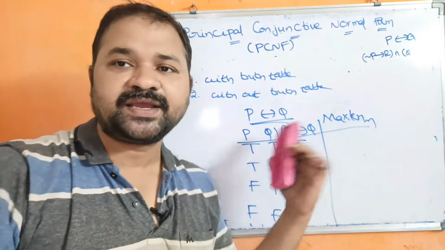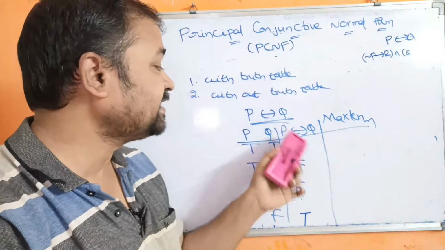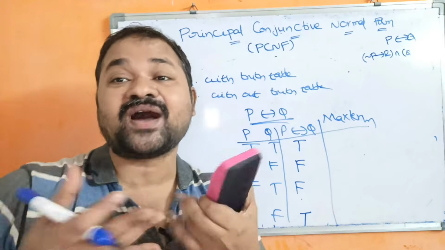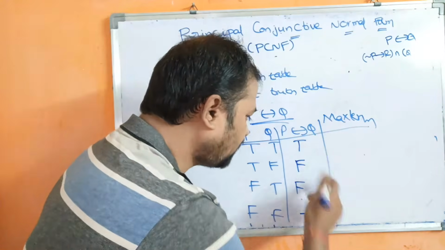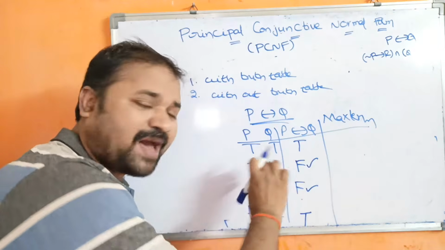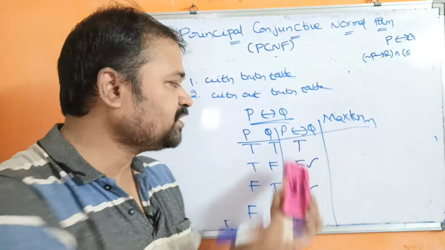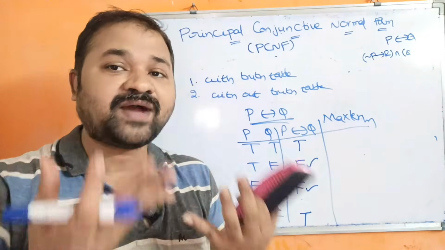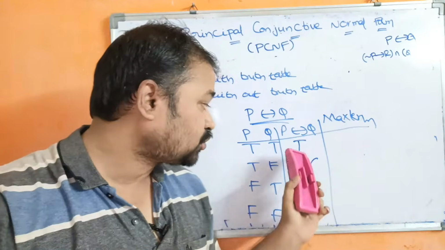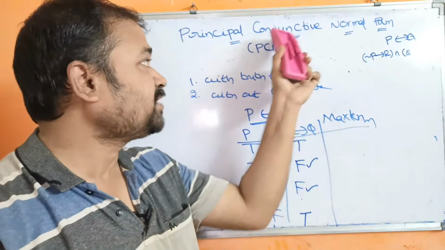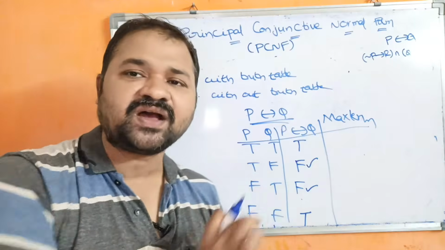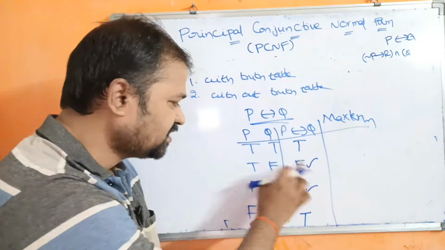Now if we want to find out the PCNF using the truth table approach, we have to check the final column false values. In the final column, what are the false values? This is one false, this is another false. For these falses, we have to find out the max term. Here there is no need to focus on the true values. While calculating PDNF using the truth table approach, we take the true values. Whereas if you want to calculate PCNF using the truth table, we have to focus only on the false values.